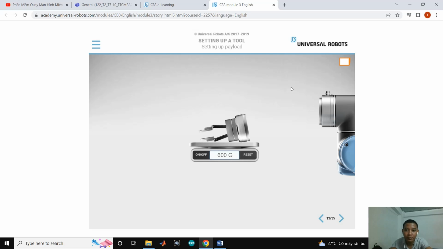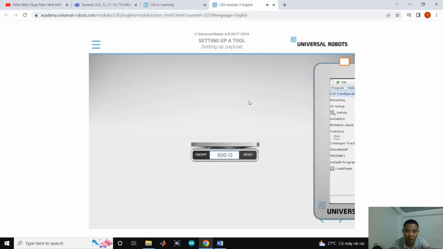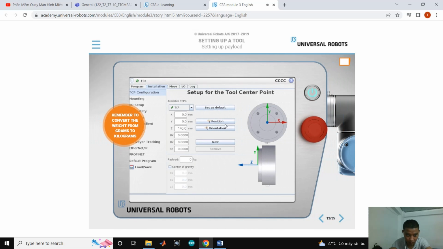Input the weight in kilograms in the payload field and